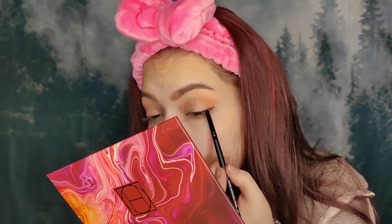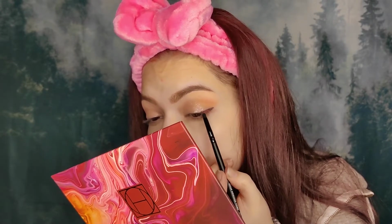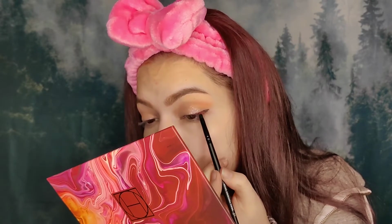We're actually going to go in with this Narrows shade, the super pretty red, and we're going to smoke out the black liner with the red shade. Taking this precision brush, you kind of want to get it on one side and leave the other side alone, and you're just gonna put this right on over this liner